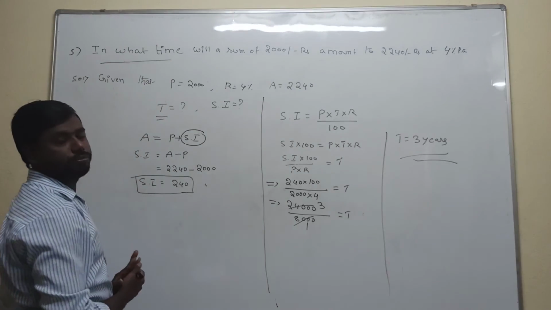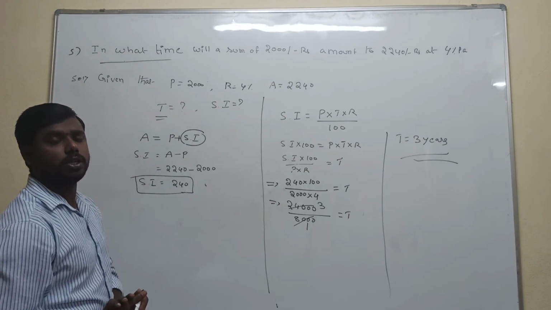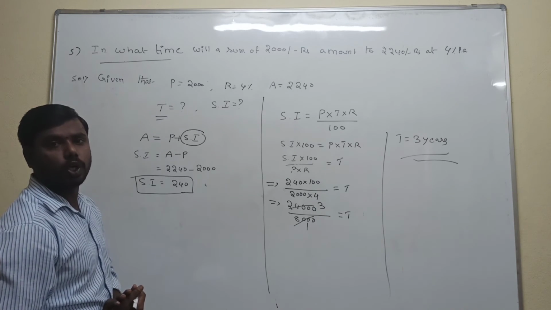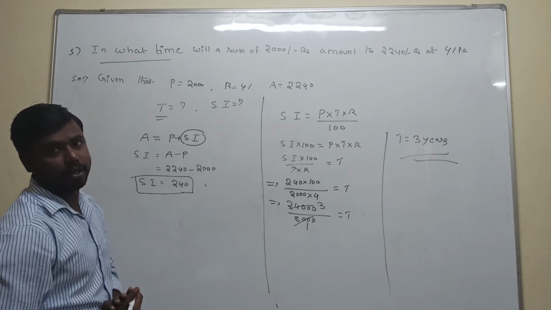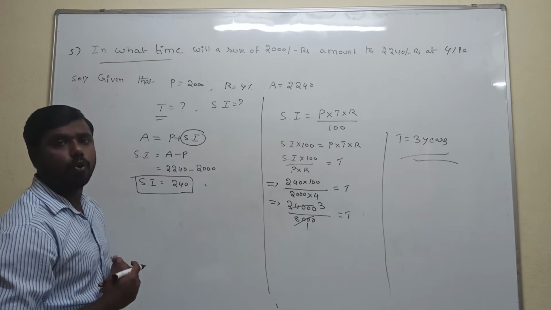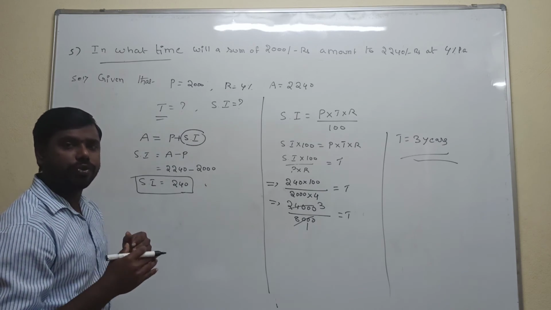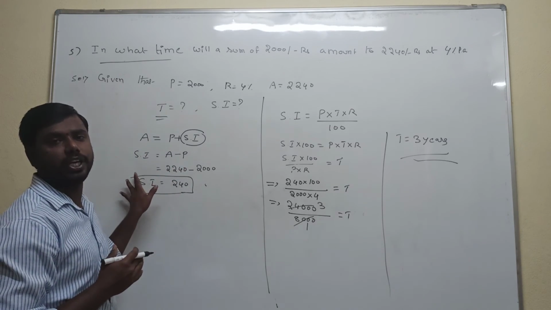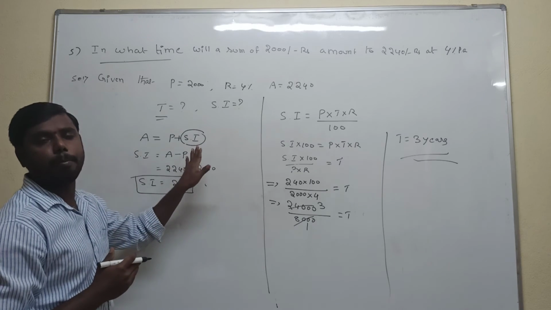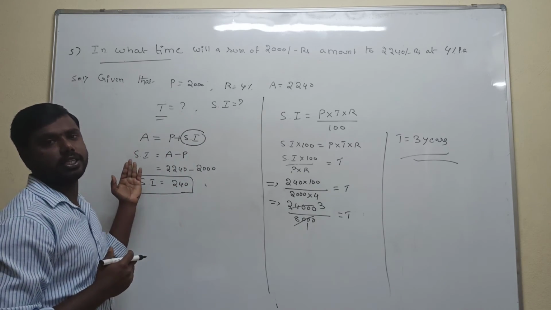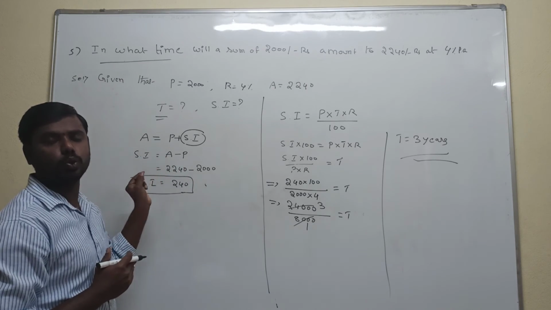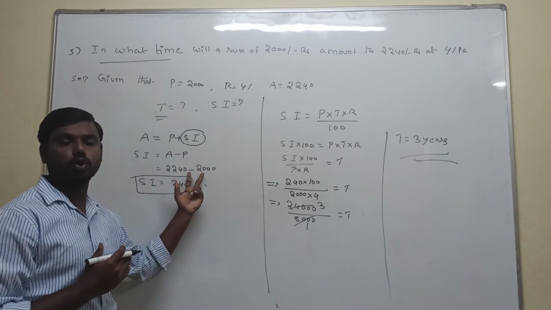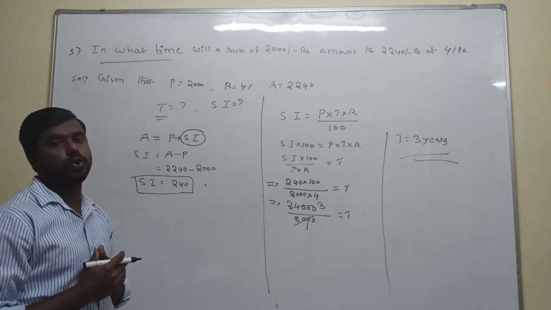So we are calculating time. Sum of money means the principal amount. Amount is considered the total amount, capital A. Rate of interest is capital R. You don't know the simple interest, so how to calculate time? That's why first we apply the total amount formula: principal plus simple interest. Here we need to calculate simple interest, so we take P from RHS to LHS, that's why A minus P. What is the amount we get? 2240 minus principal amount 2000. Subtracting those two values, we get the simple interest value as 240 rupees.